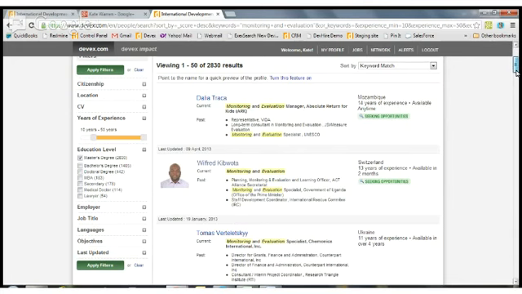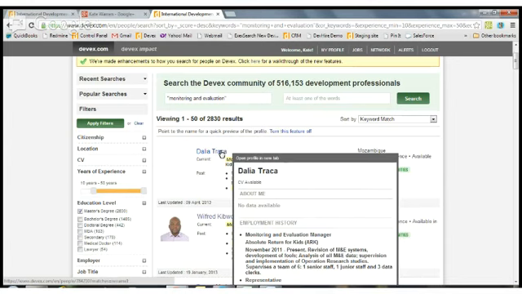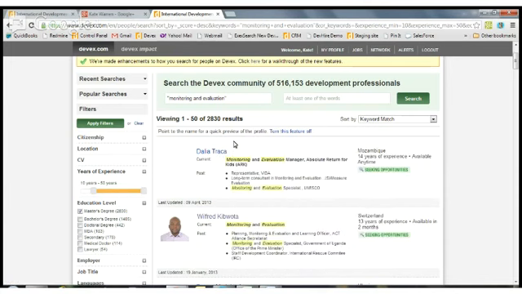So now let's get back to my search results here. Some recruiters will use this feature, this preview of a profile feature we have, where they can hover over your name and see some key details from your profile. What is highlighted is your about me, recent employment history, and education. So those are 3 core areas in your profile to pay attention to. When recruiters are scanning through lots of results here, that makes it very quick and easy for them to scan them and decide, okay, this is somebody that I really want to delve into and look at further. So make sure you have that information well filled out so that they're more likely to click on you